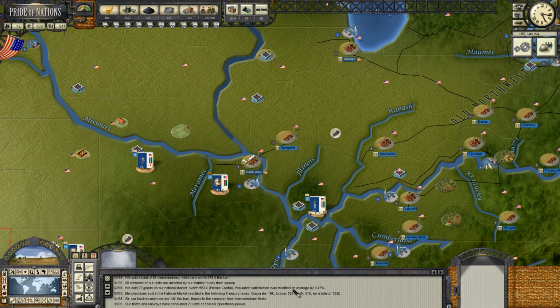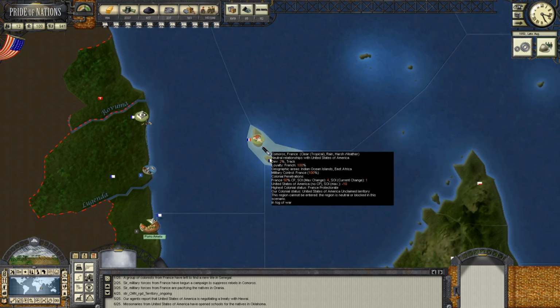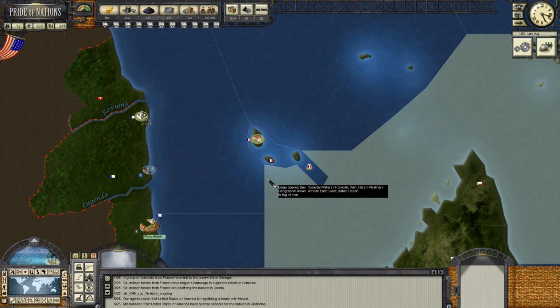Population satisfaction was modified on an average of plus 0.47%. A group of colonists from France have left to find a new life in Senegal. Interesting. Military forces from France have begun a campaign to suppress rebels in Comoros. I don't know where that is. We can click that though. So that is,